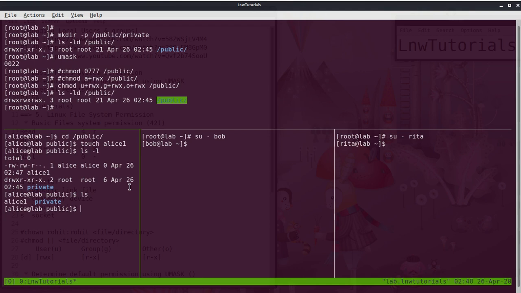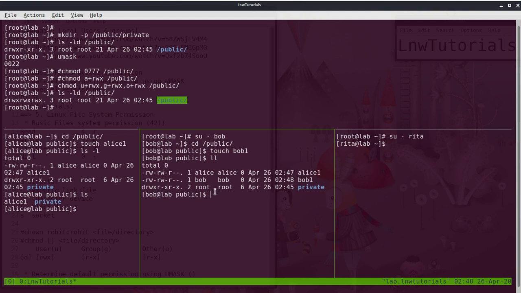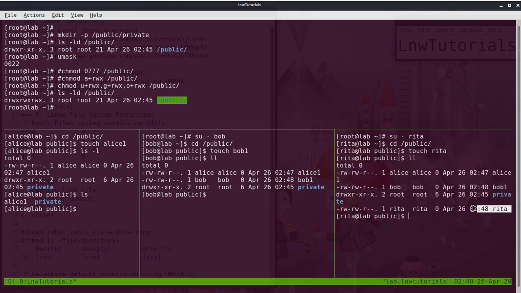Now go to Bob: cd to public, touch bob1, ll. Bob's file is created. Good. Similarly, Rita will also be able to create a file: cd to public, touch rita1. Rita is also able to create the file.